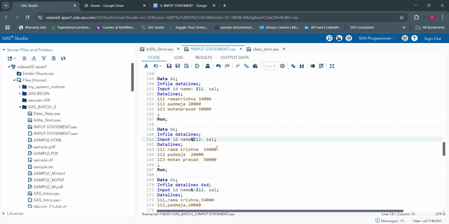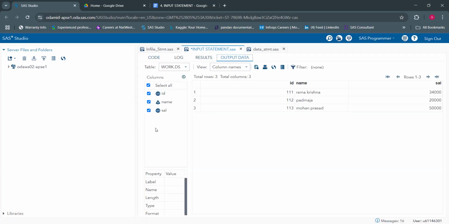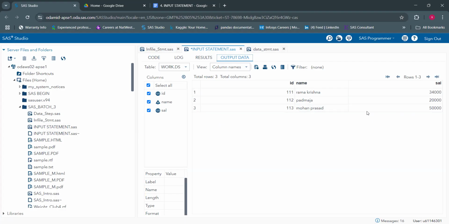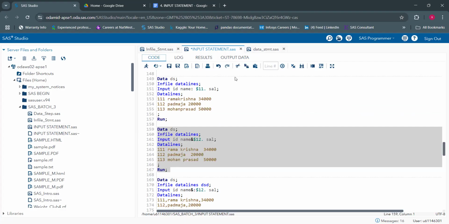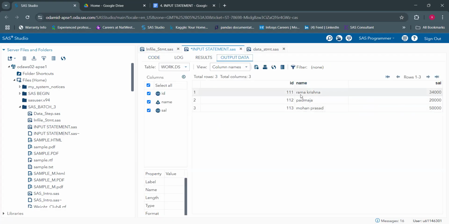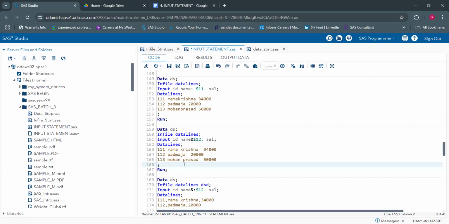If I just simply remove this and run this, we still, no, there is no, okay. Let's see here. Yeah, just a second. So we are getting data: Ramakrishna, Padmaja, and Mohan Prasad. Okay. And if we use this,